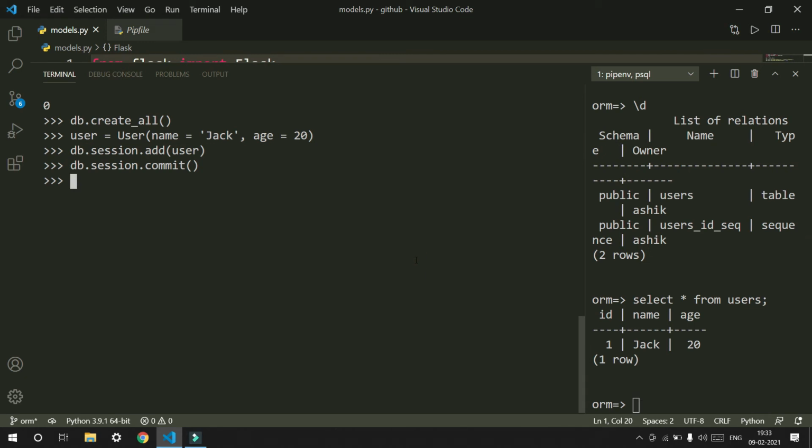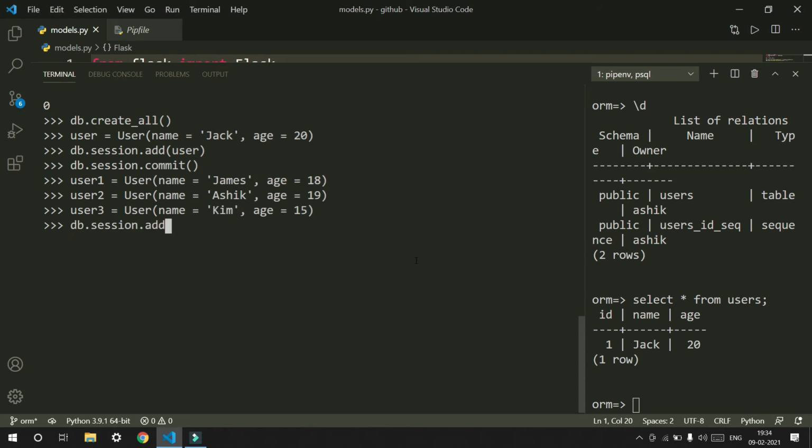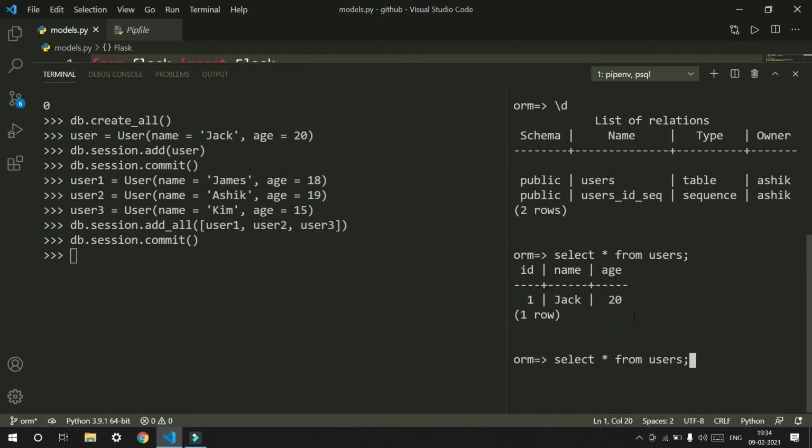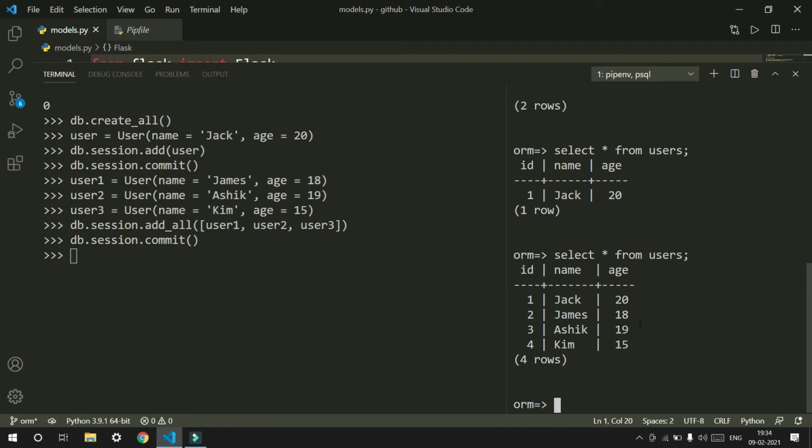So I'm going to fast forward creating the records. Now we have added all of the records, so we have four records in the database.